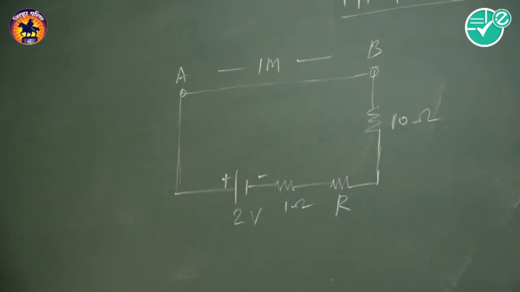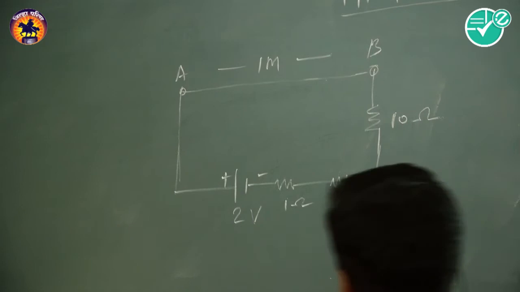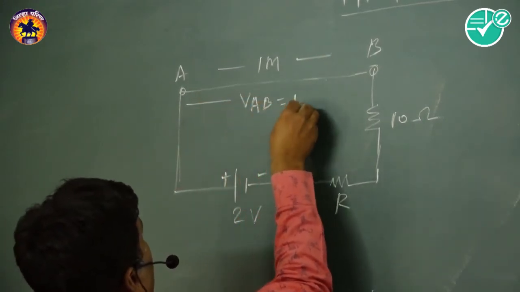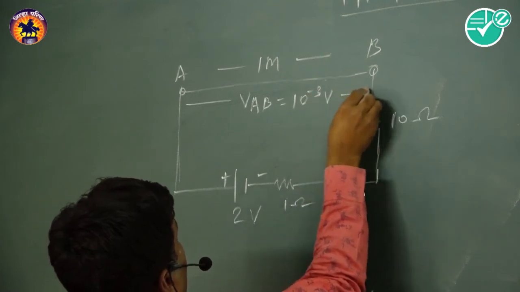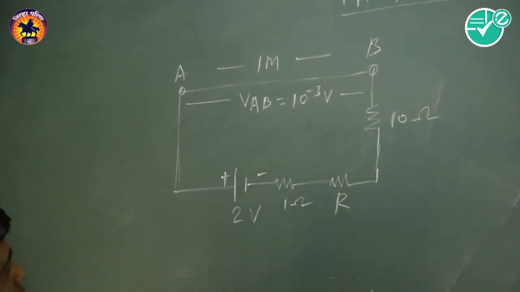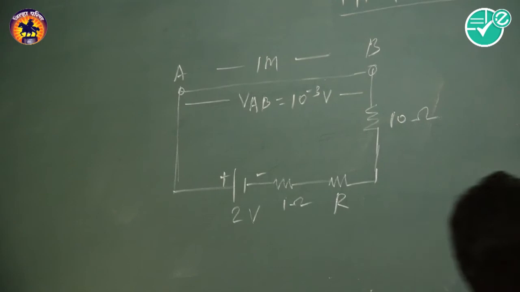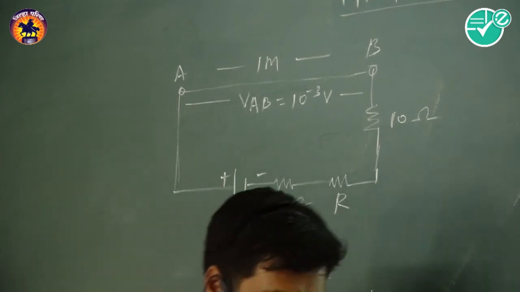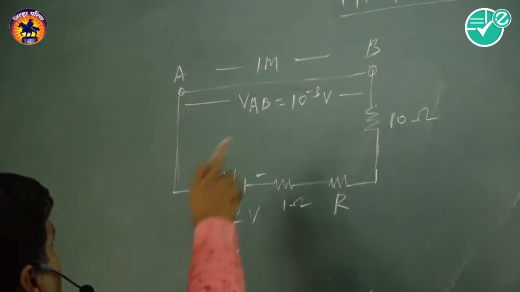If the potential difference between the ends of the wire, suppose the potential difference between these two ends, is equal to 1 millivolt, means 10 to the power minus 3 volt, then we have to calculate the value of R. So, to calculate the value of R, we first know from the given data,